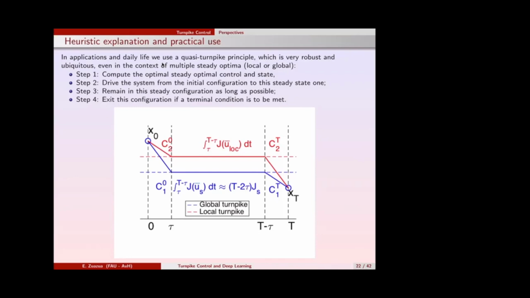And then build an optimal or quasi-optimal trajectory by just gluing the initial position to the steady state control. Keep the steady state control, which is very simple to maintain because it's independent of time. You can let simply the automatic driver do it. And then when you are close to destination, exit the highway to get to the control. This is the arc that needs A, B to be controllable. And this is the arc that needs the adjoint system to be controllable. This is what the Turnpike principle says.